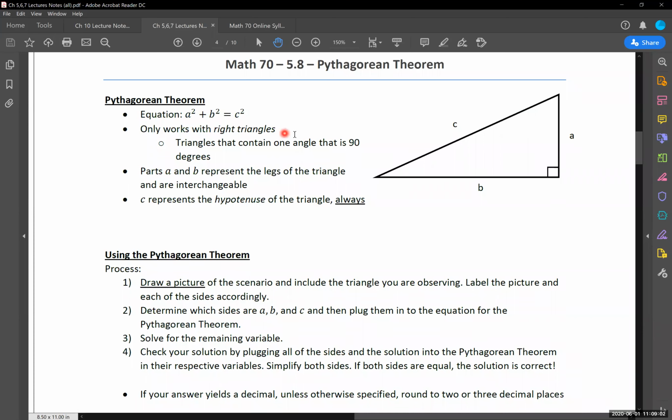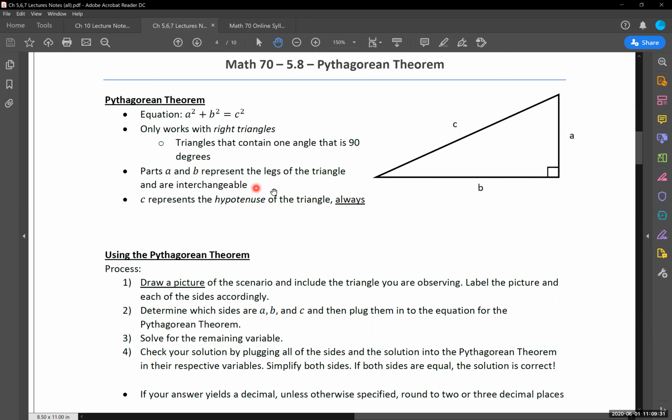Now there are some story problems, and I think we went through one or two of them. We might have had one or two on the homework. I know they're in the textbook at least, where we are not explicitly told, hey, you're using a right triangle. But if we draw a picture for ourselves of the scenario that we are working with, we can see, oh, yeah, a right triangle does form from that. So again, draw that picture for yourself because it's a really, really helpful tool for setting these things up.